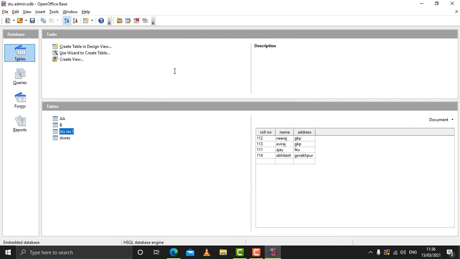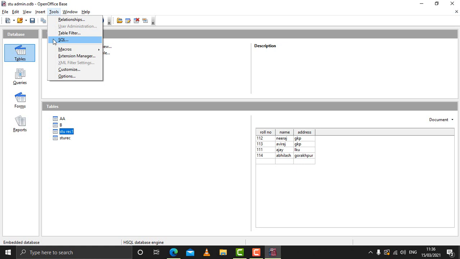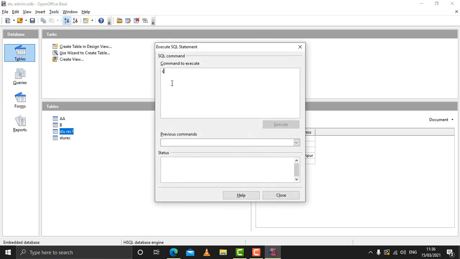So when we create a table, sometimes it happens that some fields we may miss out, and in that condition we can use a command which can help to give a default value to those records where we do not enter it. So it happens during the creation of the table. So let's create one more table to check that, and for that you need to go again to tools, and then you come to SQL, and then you need to type the command